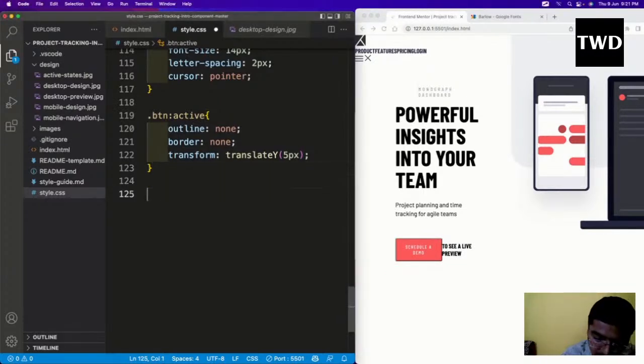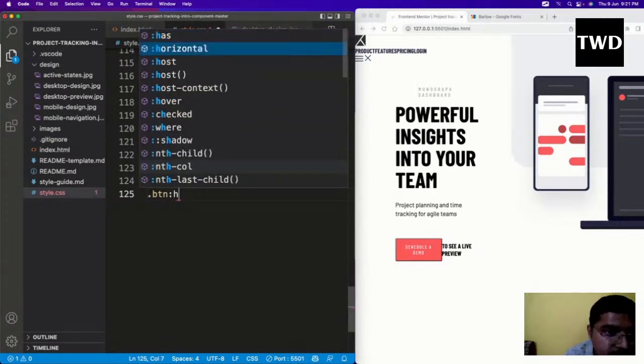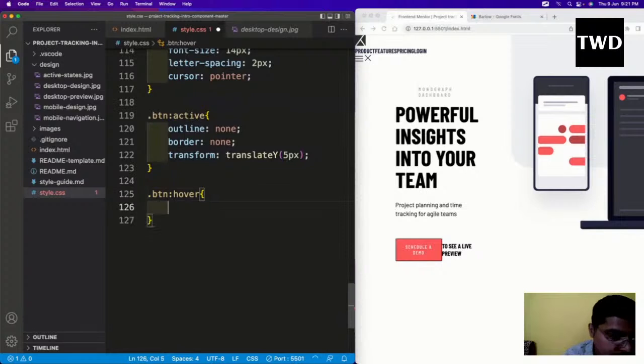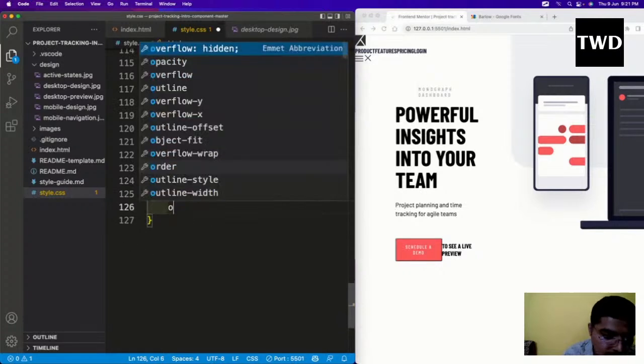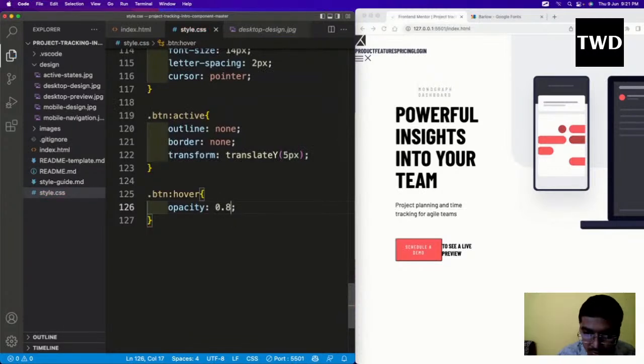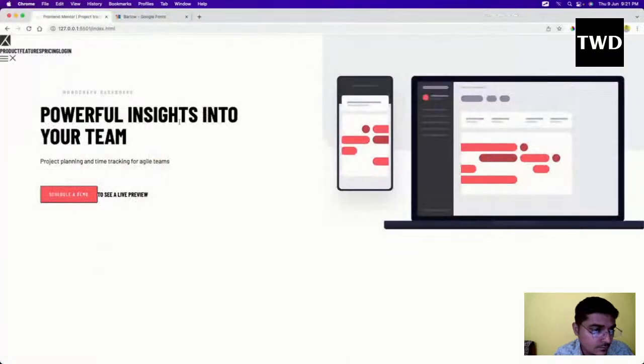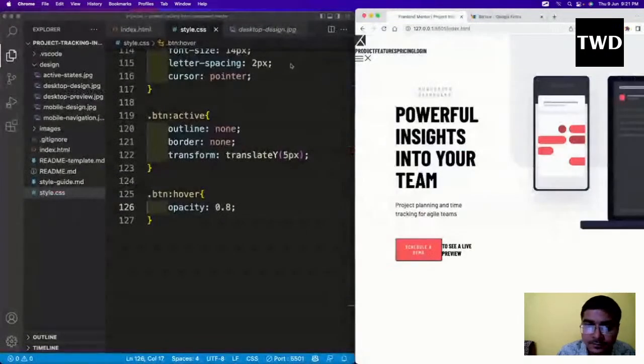So our opacity property is also required now in this button. Opacity 0.8. Let me see. Okay, nice. Okay. Fine. So now